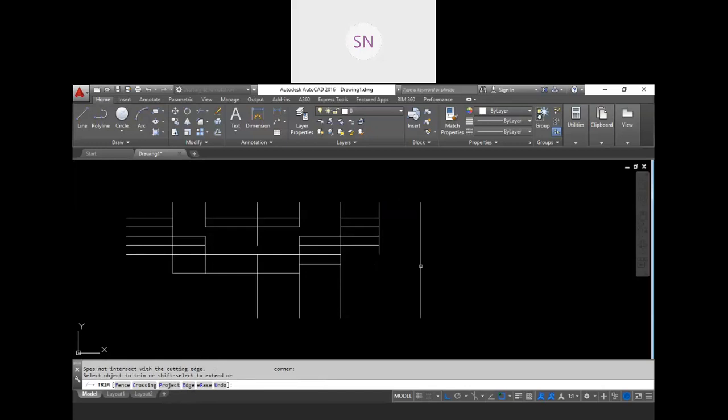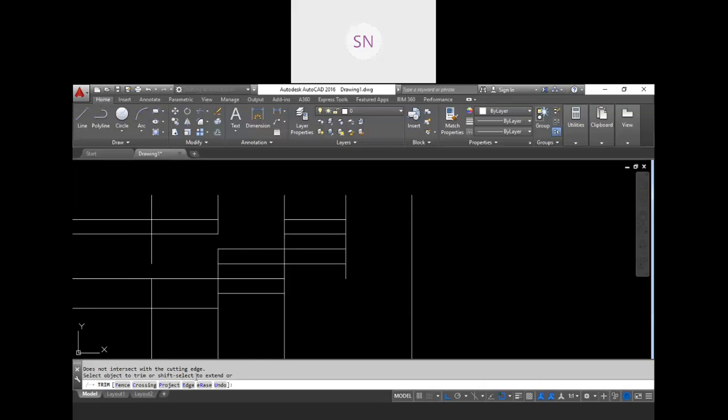See, I'm clicking on this object, it is not going to trim, right? But if we turn on the extension of this object, go to the edge and click on extend, and now see, we are able to trim this line. So it is trimmed by this reference, the extension of this line. Again click on this, see, it is trimmed by this extension. Again I am clicking here, so we have two extensions, extension for this line and extension from this line.